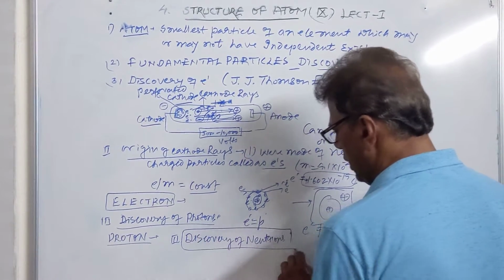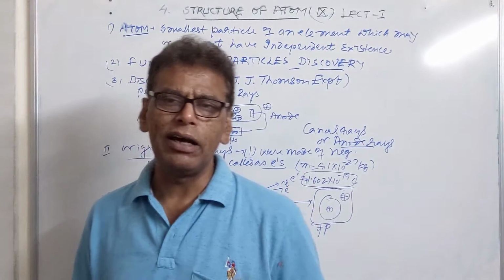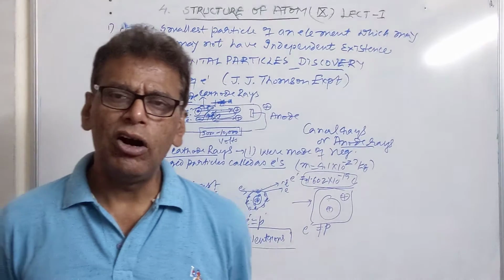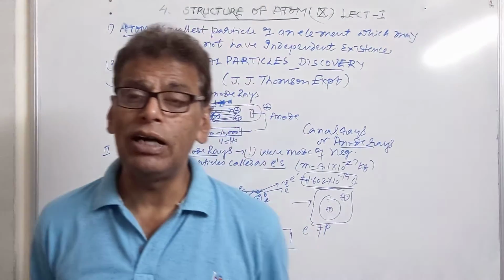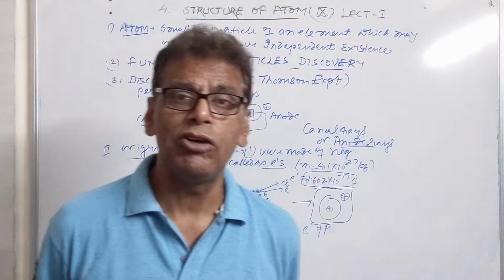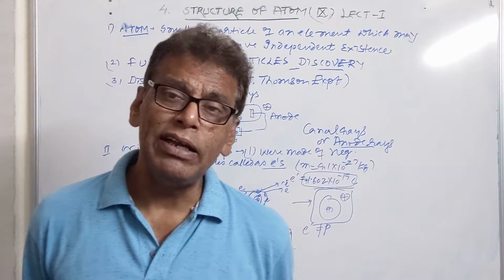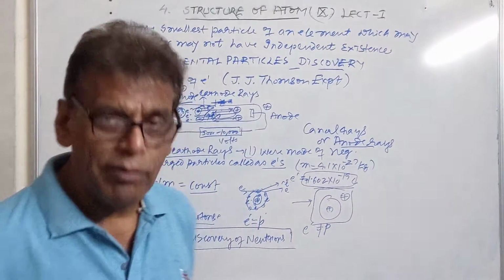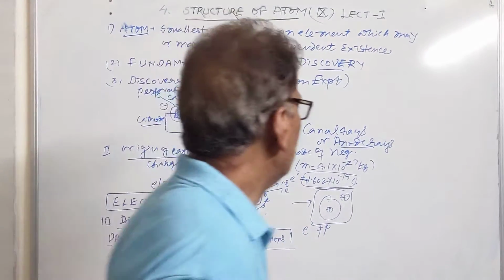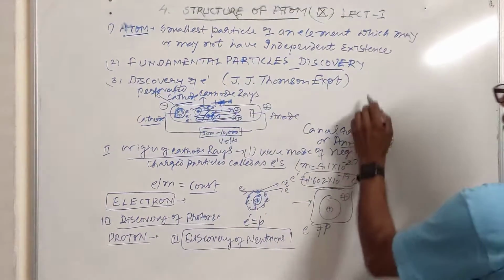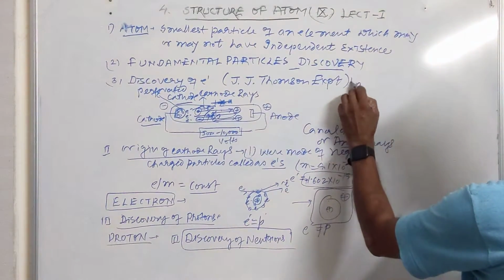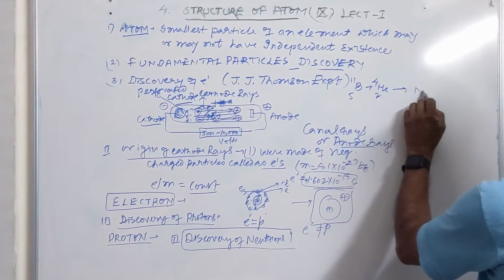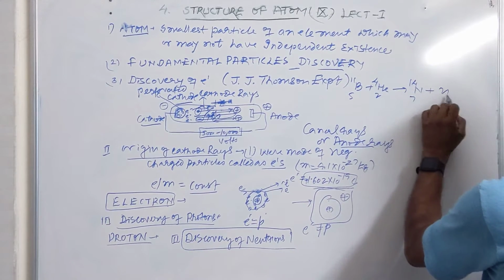What Chadwick did, Chadwick bombarded the lighter nuclei of beryllium and boron like atoms with alpha particles and got some neutral particles whose mass was equal to the mass of a hydrogen atom or the mass of a proton, but they don't have any charge. They are not deflected toward any positive or negative plate of the applied electric or magnetic field. So these particles were named neutrons. For example, he bombarded boron 5, 11 with an alpha particle. This is the alpha particle 2He4. It will give you nitrogen 14 plus one neutral particle.